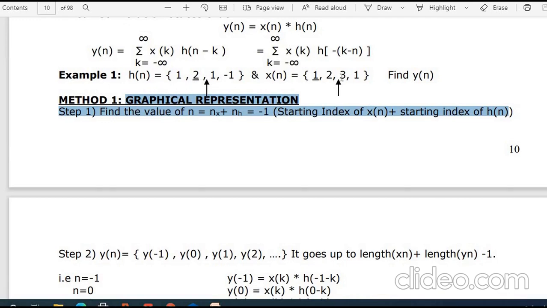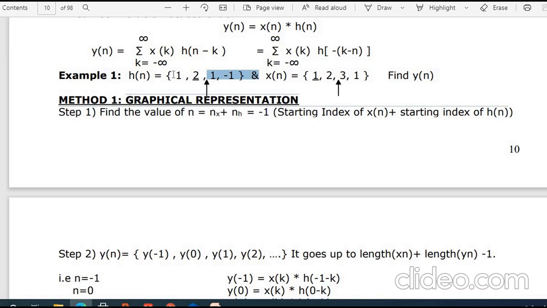What about this n? This is starting from h of n. What does this arrow indicate? It indicates the zeroth position. Zeroth position, first position, here -1, -2. So these are the position values whatever we want to write. Whereas in this one, this is my zeroth position. The arrow mark is slightly moved to this side, but it is there for the one only. So this is the zero position. This is the first position. This is -1 and -2 position. Okay. First we have to take the particular position value and then we can proceed ahead.